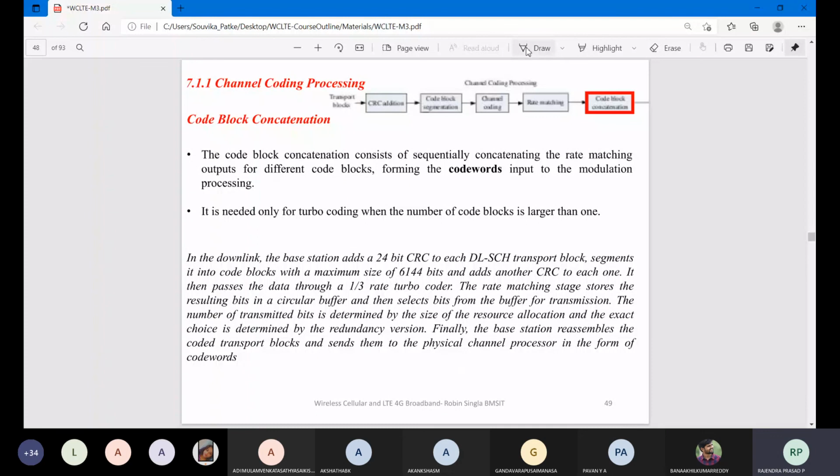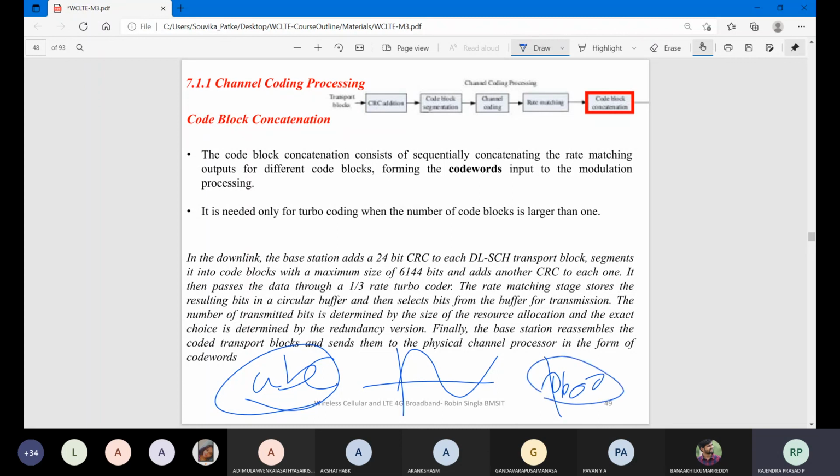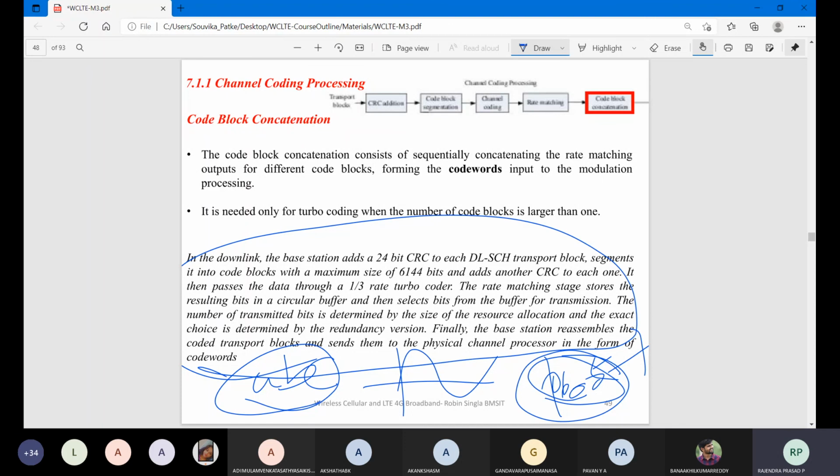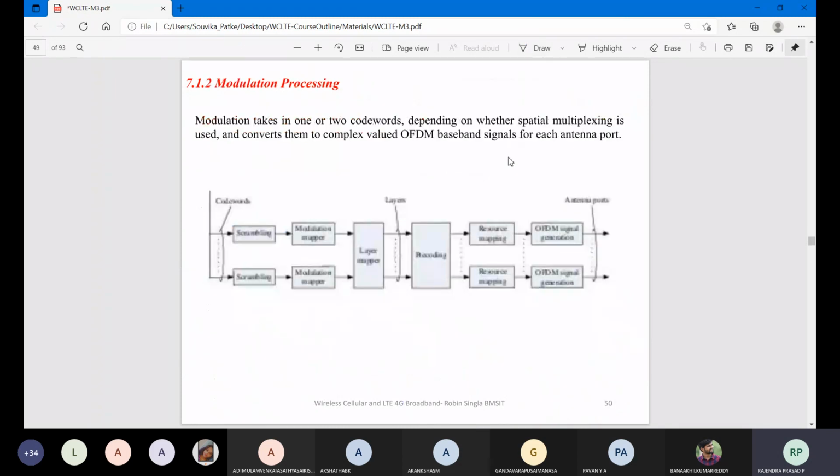So your signal, which was ABC information, was converted into a signal, and this signal was converted into bits, and these bits we encoded, pre-coded, prefixed and transmitted, and finally you are going to receive this part, right? And this we call channel coding processing.